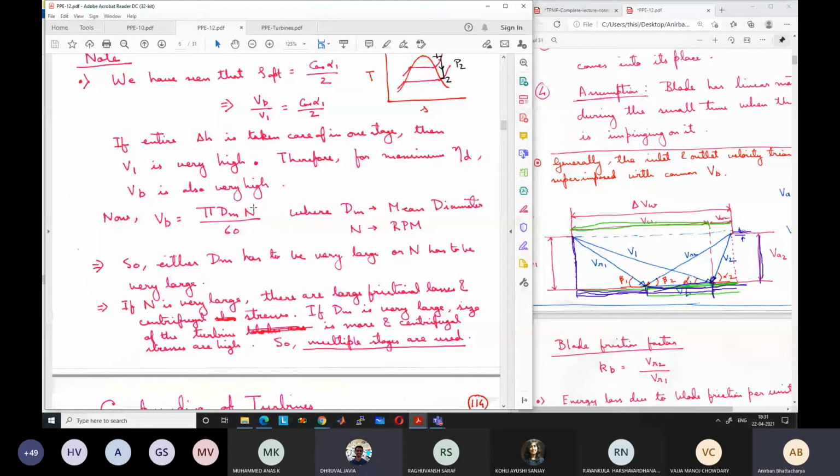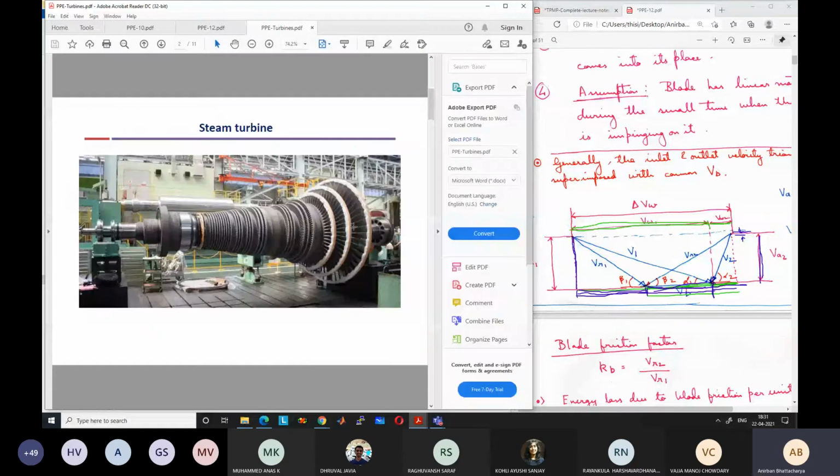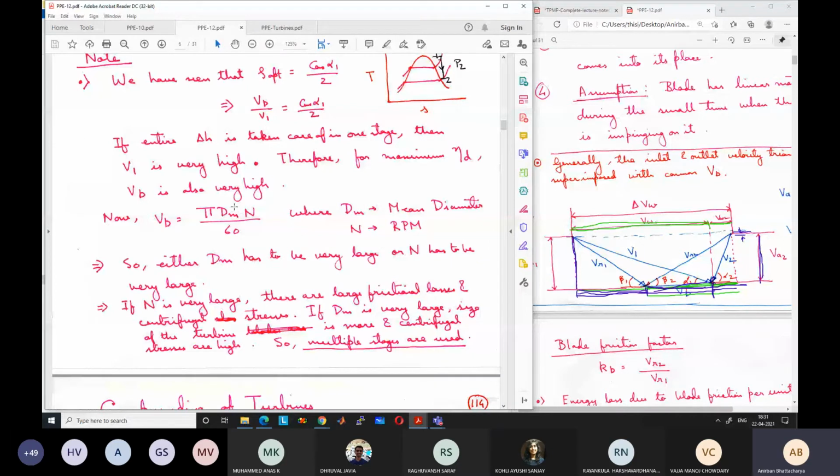It's already written there, so there's no point asking. If the blades are very long, the size of the turbine becomes more, meaning the cross-sectional area of the turbine is more. For example, for this stage dm is very large, so the cross-sectional area becomes large, and the size of the turbine becomes very large. And the second thing is that if the blades are very long, centrifugal stresses will be large. Long blades mean more stresses and more chances of bending of the blades, which is not good. And then there will be more chances of creep deformation. So from the stress point of view, it is very bad.